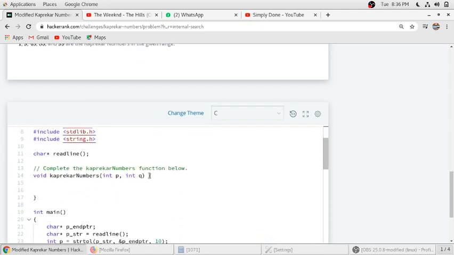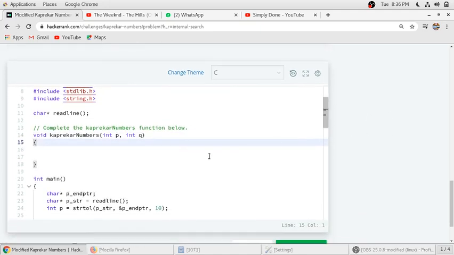So in the function below, we will take a flag equal to 0. If there is no Capricorn number, the flag will remain the same and we have to print invalid range. For that we have taken a flag.